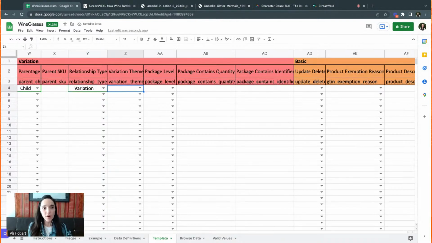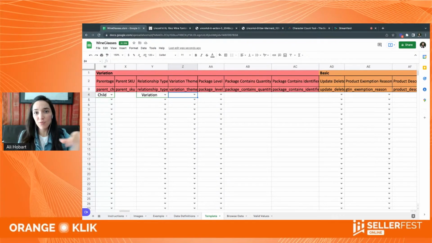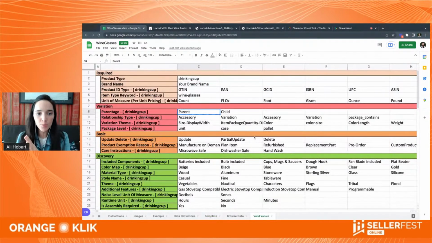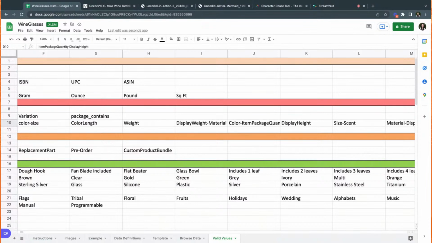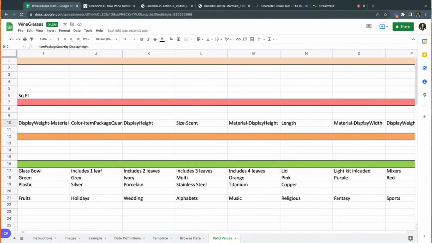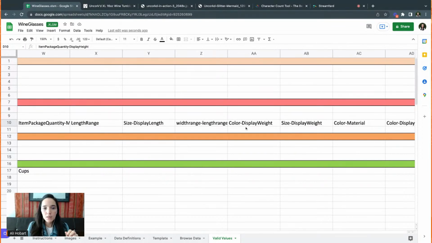Variation theme. This is very important. If you fill out anything, like let's say you want to do variation, even if you're just editing that listing, you need to select what is the variation theme. Then again, you can see all of the options. And the main thing that I want to highlight is that once you select the theme, whatever you select, now those two extra columns will become required columns. And let me explain. So let's say, for example, you choose material. Let's do a double one. Color, display, and weight. I don't know, random.